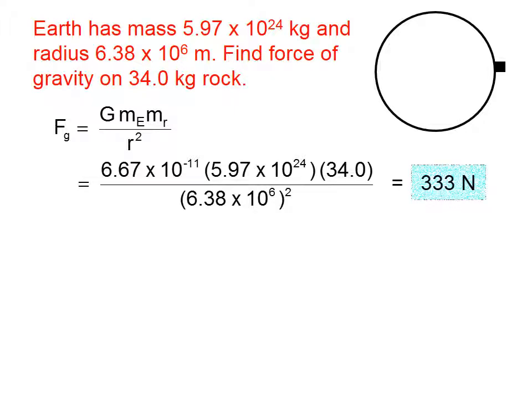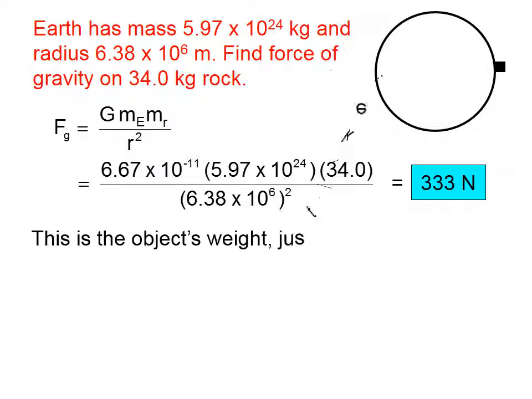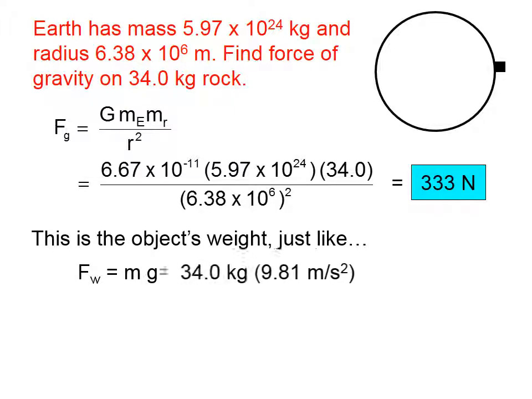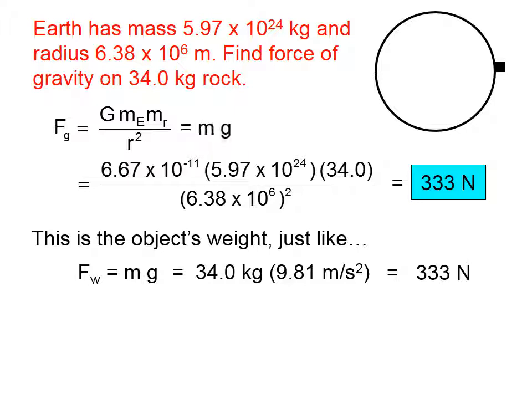That takes a little work, but if we type that into our calculator, we get 333 newtons. That is the weight of the object. And for a long time now, we have calculated weight by taking the mass of the object times little g, which on the Earth is about 9.81 meters per second squared. Well, look at that. 333 newtons. Which means, up here, we should be able to set this Newton's law of gravity equal to the